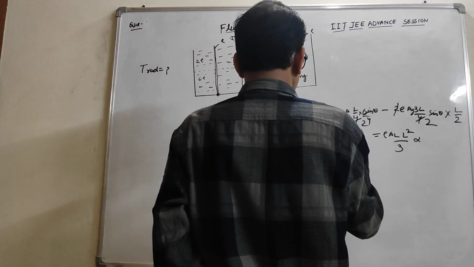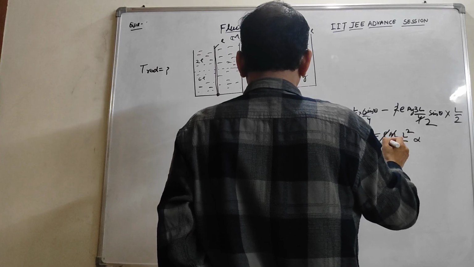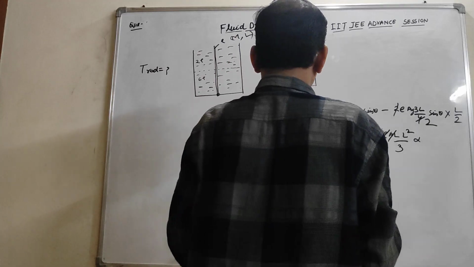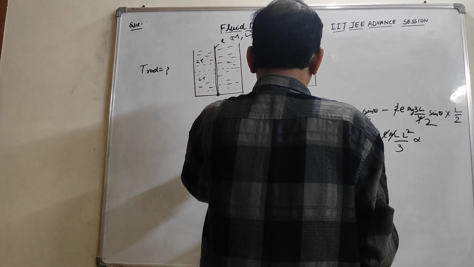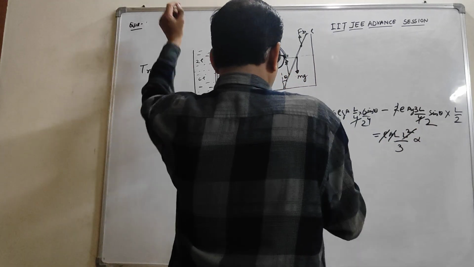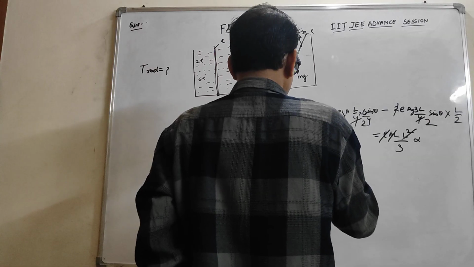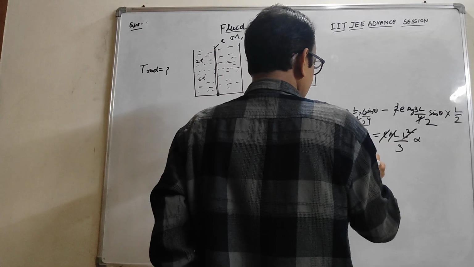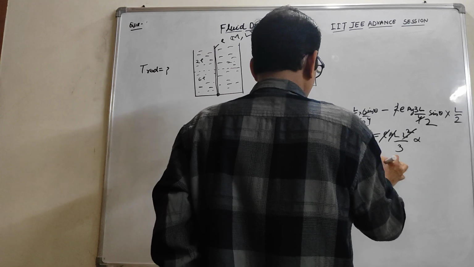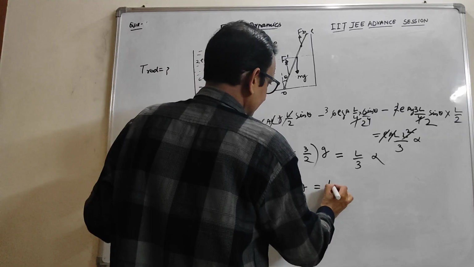This becomes rho A L square, 1 by 2, and this becomes only g, and this becomes L by 3 alpha. This becomes minus g L by 3 alpha,